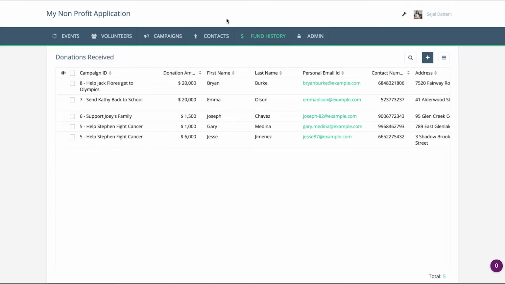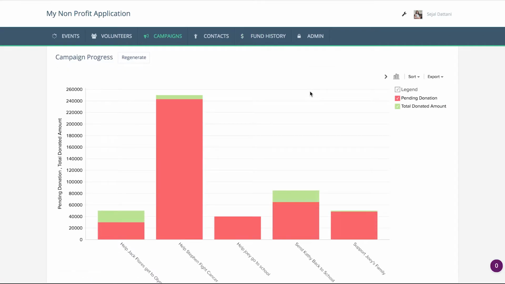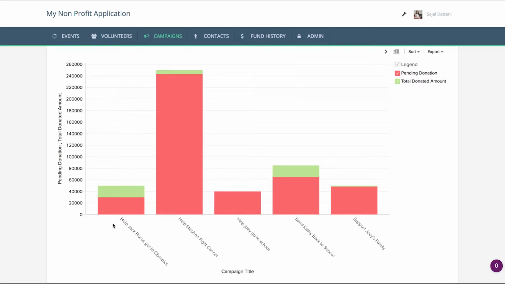So like this, you can create different kinds of forms for different purposes, and their reports would be automatically created on Creator. So this is another kind of report that you can create on Creator, which is a bar chart report. Here you can see the campaign progress of all your campaigns.